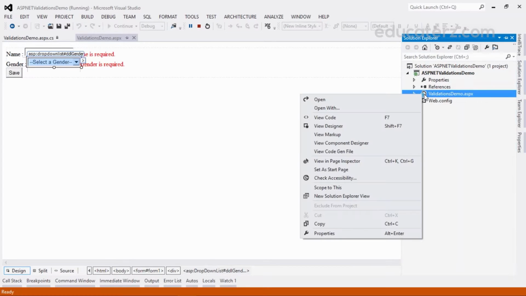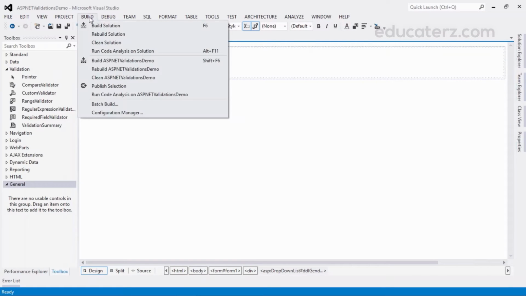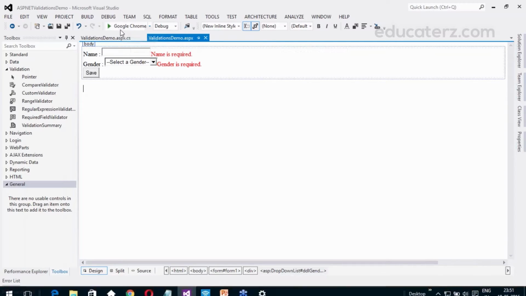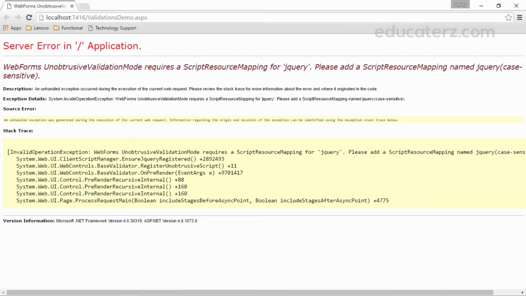First of all, this build is succeeded. Now once I'm clicking this, what is the error we are getting? See this, we are getting another error message. This is a bug in our Visual Studio, so we need to modify this code in our web.config file in order to avoid getting this error message.